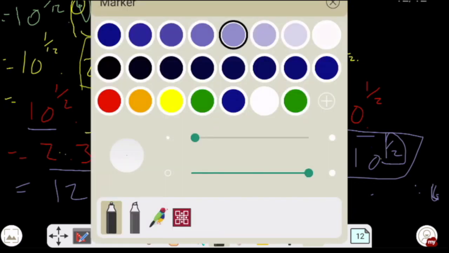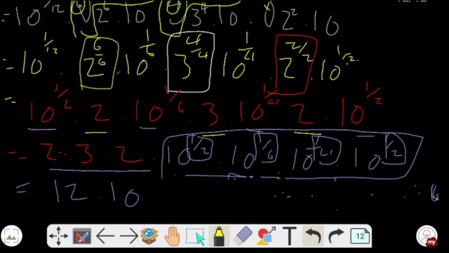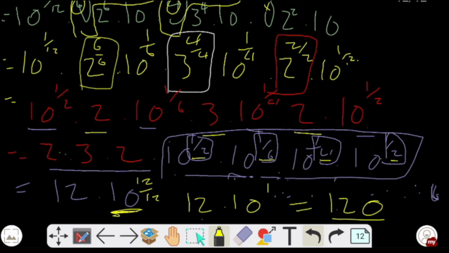After finding your LCD, remember the base is 10, and then you find your LCD based on your exponents, right? Meaning your exponent would be 12 over 12. So it's 10 to the power of 12 over 12, which is 10 to the power of 1. And if you multiply the 12 by the 10, it should give you 120. Meaning we have proved